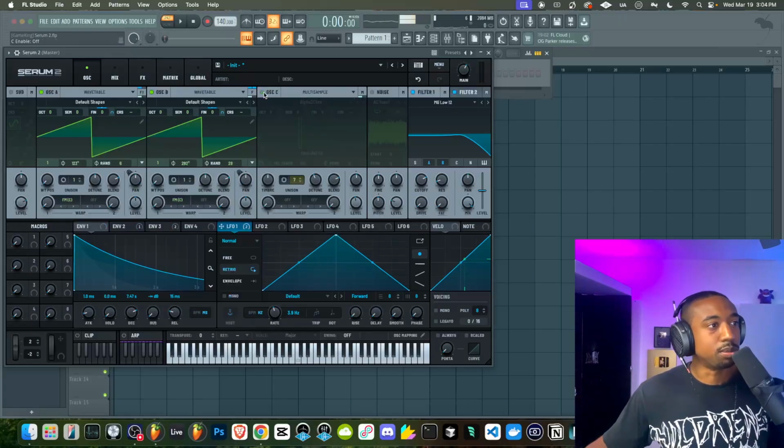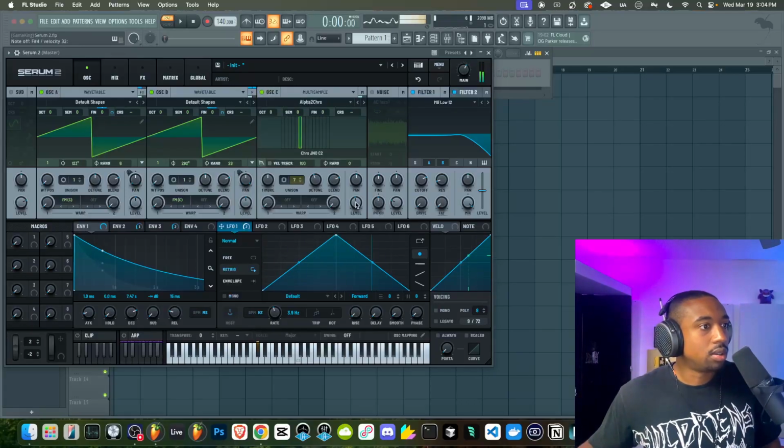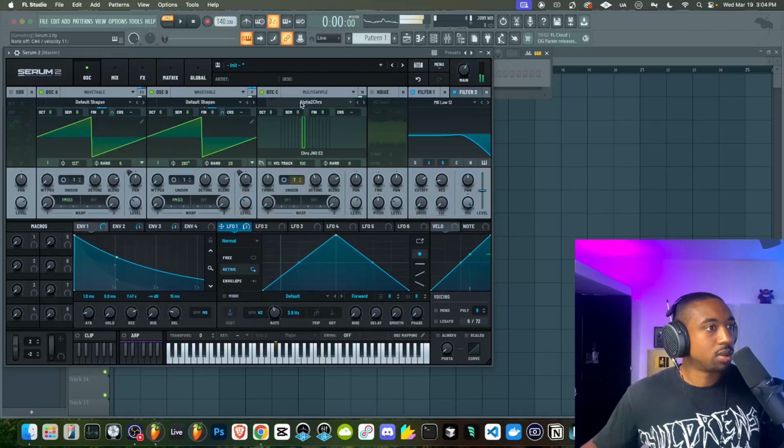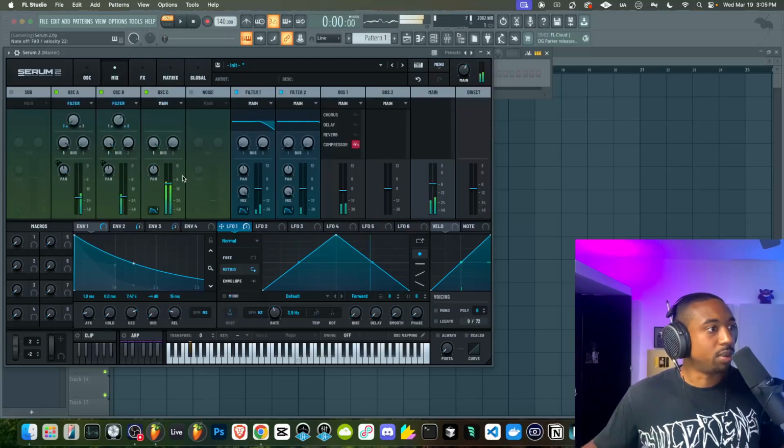I feel like it's too much buzz. I do like this sound. I feel like we would just have to level B. This one's very lasery sounding. And again, we have the mixer when stuff gets too loud.